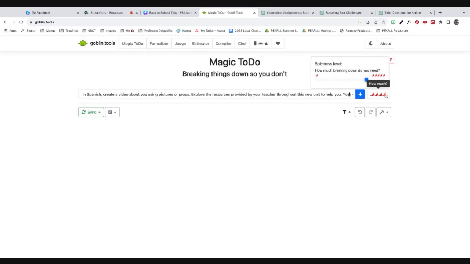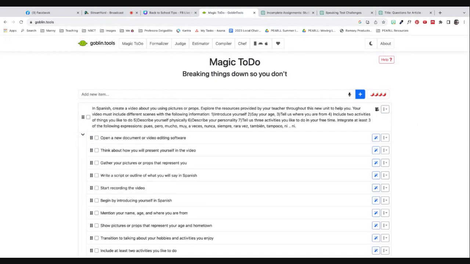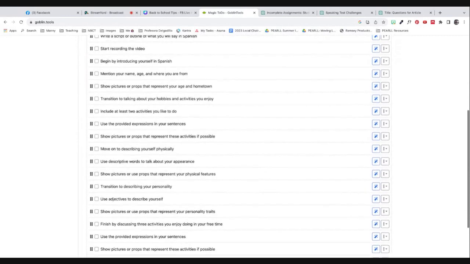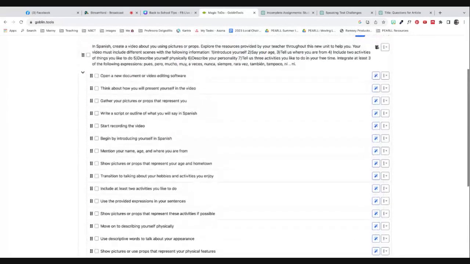I'm going to tell it I need most everything broken down. And then what I'm going to do is add here what I asked it to, and now I'm going to have it break down items for me. And we are going to wait for the magic to happen here at some point. Here we go. So now what we have is a checklist of what needs to be done in order to